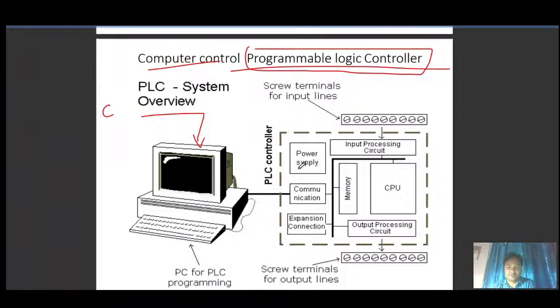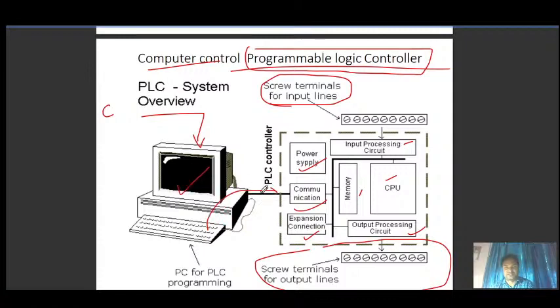These are the parts of a PLC controller: power supply, communication, expansion connection, memory, CPU, output processing circuit, input processing circuit, screw terminals for input lines and screw terminals for output lines, and PC to PLC. Here we will access it.